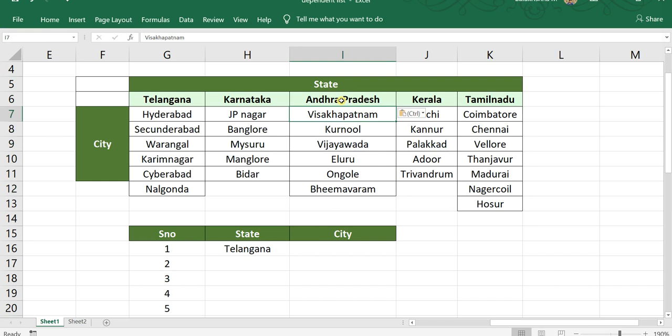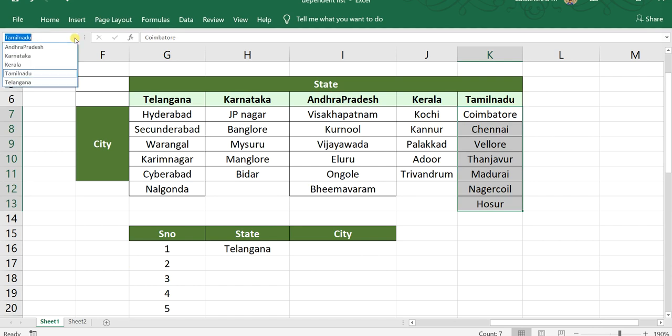And it should also match with the previous drop down list. So I need to change here also. I'm removing the space and entering the name range name. Next for Kerala, select the cells. Kerala. Next for Tamil Nadu, select the cells and go here, Tamil Nadu. So all the name ranges have been created. You can cross check here: Andhra Pradesh, Karnataka, Kerala, Tamil Nadu, and Telangana.